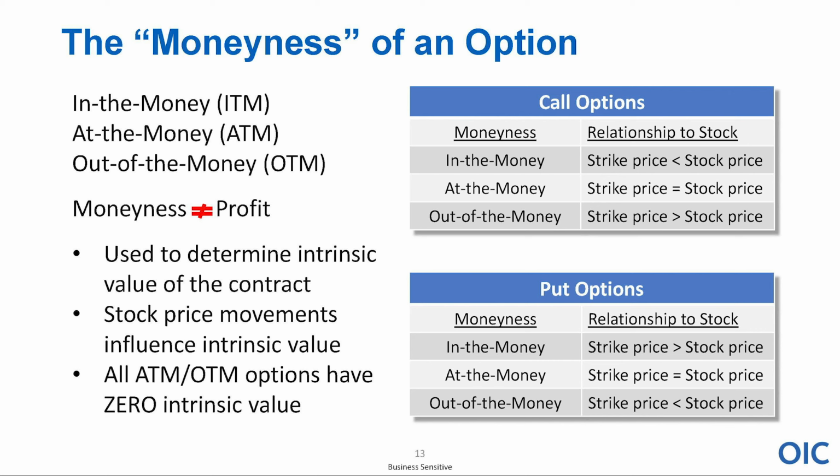If we were looking at an in-the-money option, if the stock is at 79 and I did something with the 75 strike price call option, that would be in the money by 4 points, wouldn't it? So that option would be worth at least 4 points plus whatever time premium that the market assigns to this.